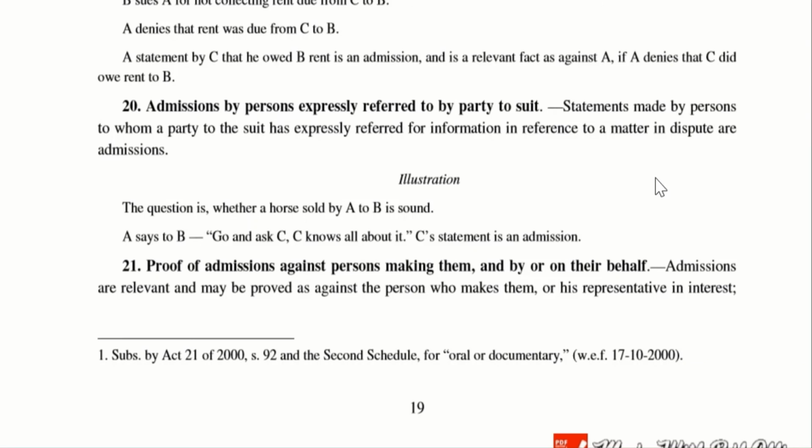Then you personally go to that engineer and say that you are planning to buy this property and ask him, sir, is this property worth it? What materials have you used in this property? Then the engineer gives you a statement saying, sir, this property is very good. I personally was handling the construction related aspects and I know it has good quality materials in it. Then based on that, you go and purchase the property. In that case, the statement given by that engineer is an admission. I hope you understood this particular section also. I gave an additional example so that you can understand this in a better manner.